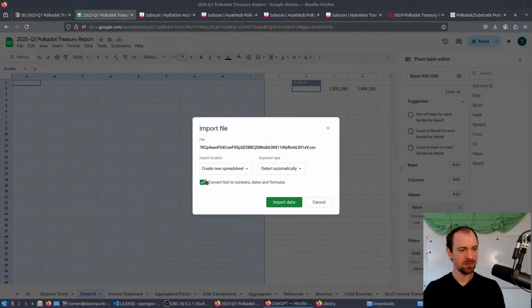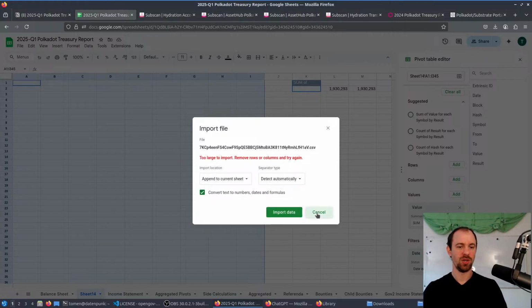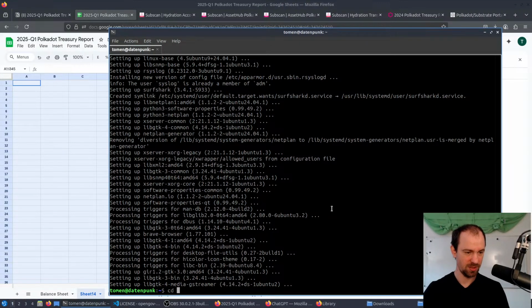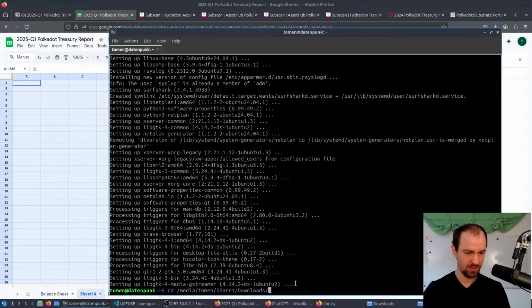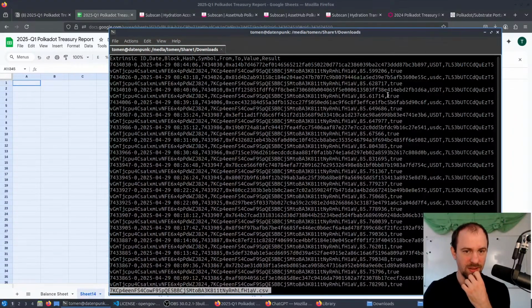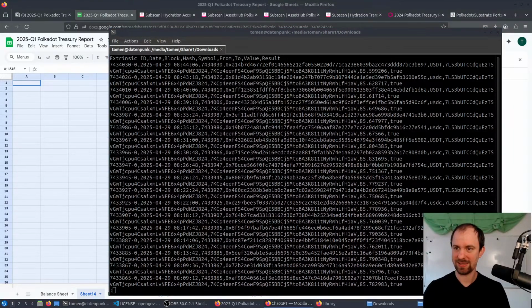Okay. Append. Are you really doing this? Too large, right? Okay. How do we do this? I think we're just gonna peek a little bit into the file. So the media, share, downloads, and then the file is called seven KCP. Okay, we take a little bit of the signature, and this helps us go to ChatGPT and say